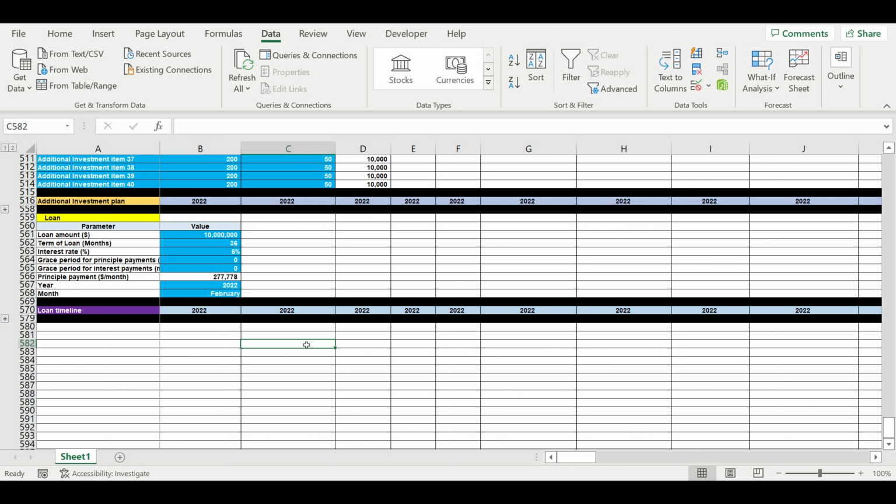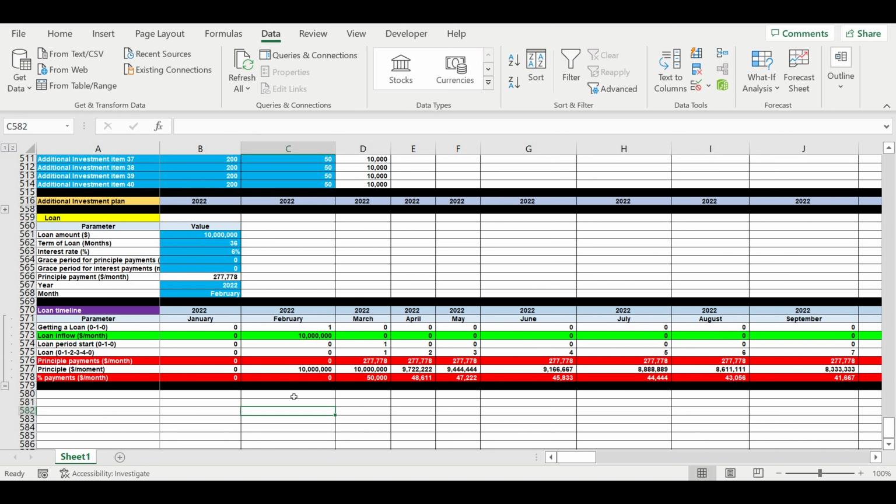Today we'll continue building the financial model of a nail salon from scratch. And today let's build the cash flow statement. It is the most important statement where you will be able to see the structure of revenues and expenses. You will be able later to see how much money you need to start this business. So it is a very important table that you will always be looking at,